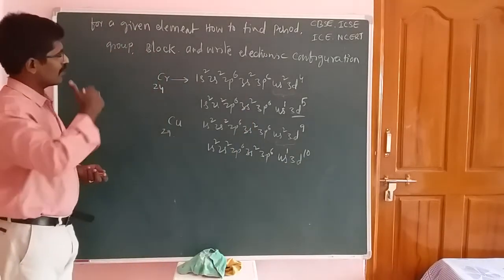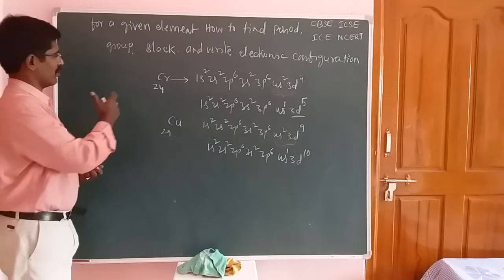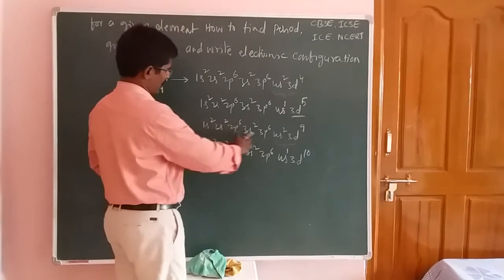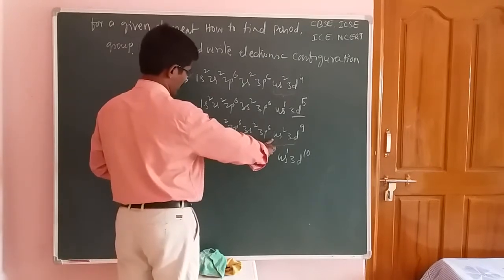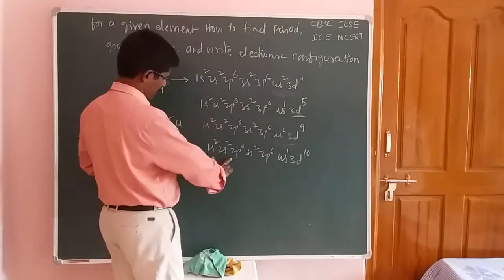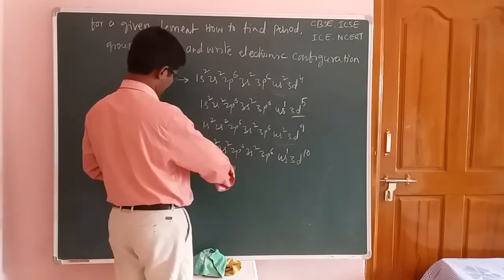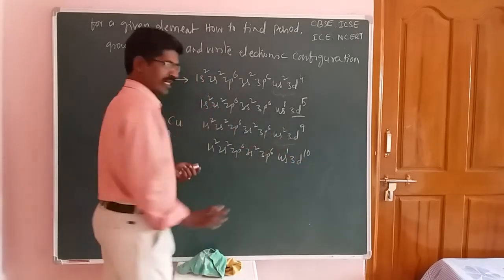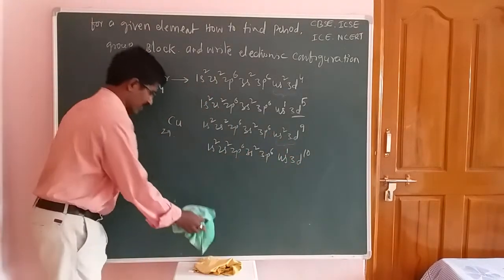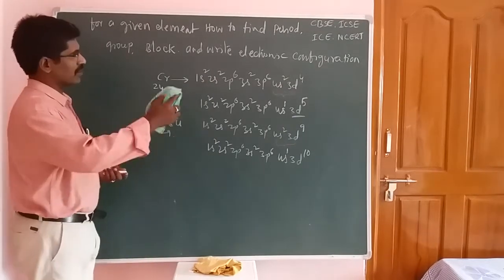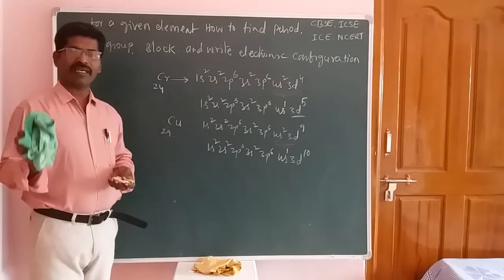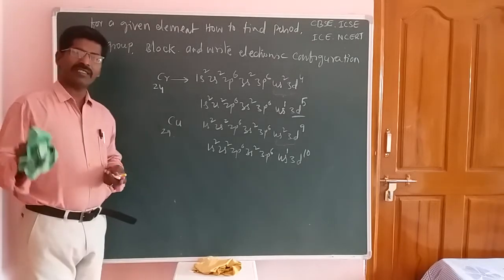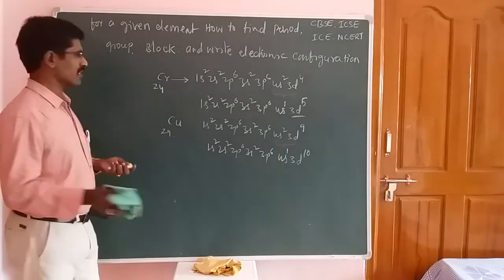Okay, students. So the above trick is not applicable for this type of elements. Here 3d9 becomes 3d10, for atomic number 29. Clear, students? So this is the abnormal electronic configuration. The above principle or trick does not work for exceptions. Exceptions are always exceptions in the case of electronic configuration.